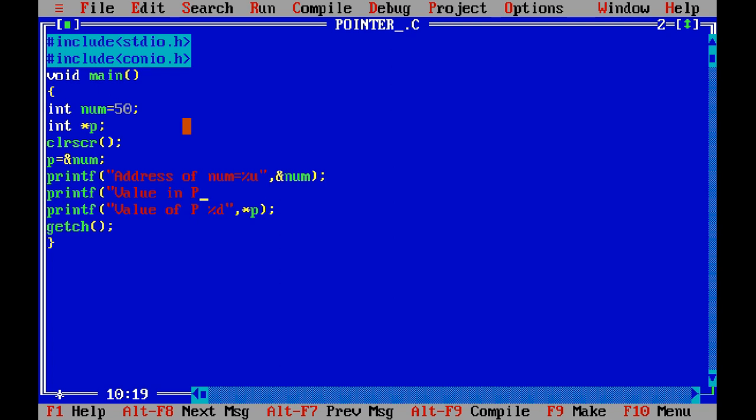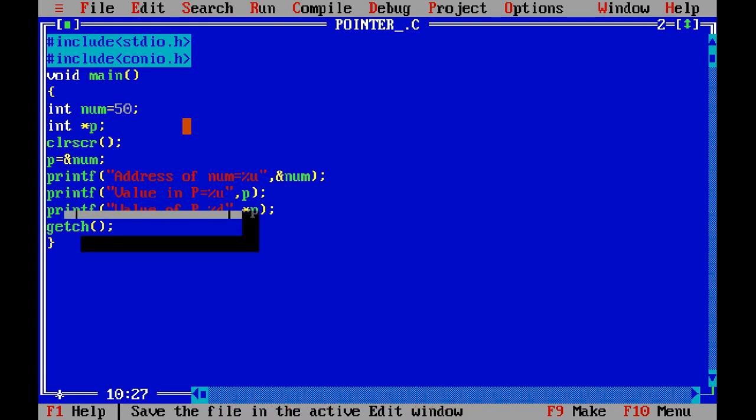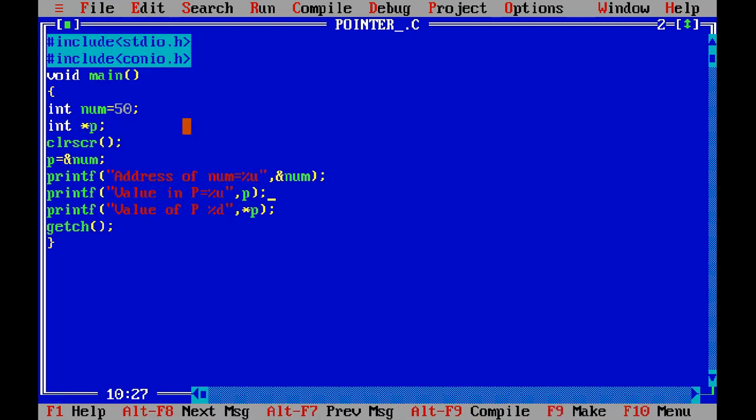What p is having, I want to check. So it must hold the address. So here I am typing only p. Let's see what is the output. In the first statement, we must get the address of num.